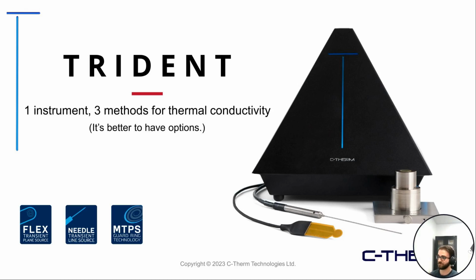So you can see there's 3 different sensors connected. The transient plane source, the yellow flexible sensor on the left; the transient line source, which is the needle probe in the middle; and then C-Therm's proprietary method, the MTPS or Modified Transient Plane Source, on the right. Throughout the session today, we will be focusing on applications and uses of all 3 of